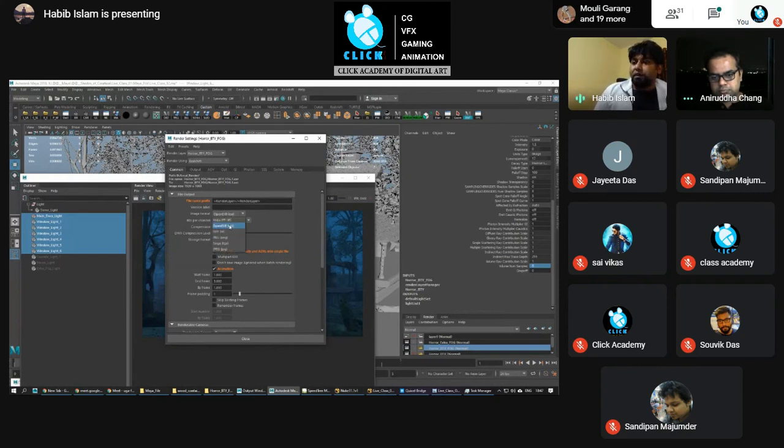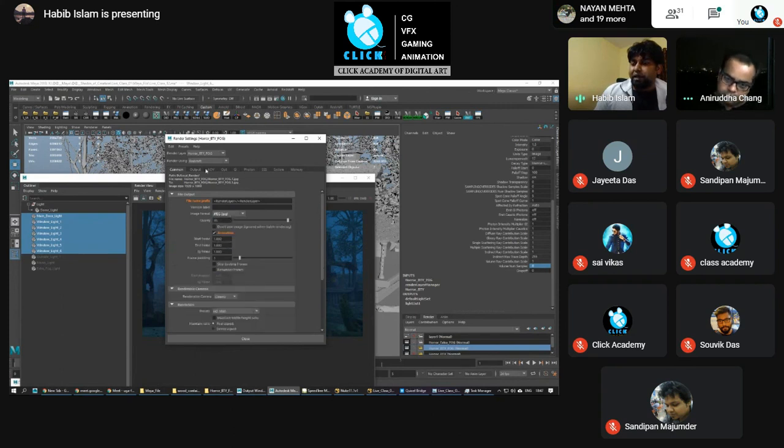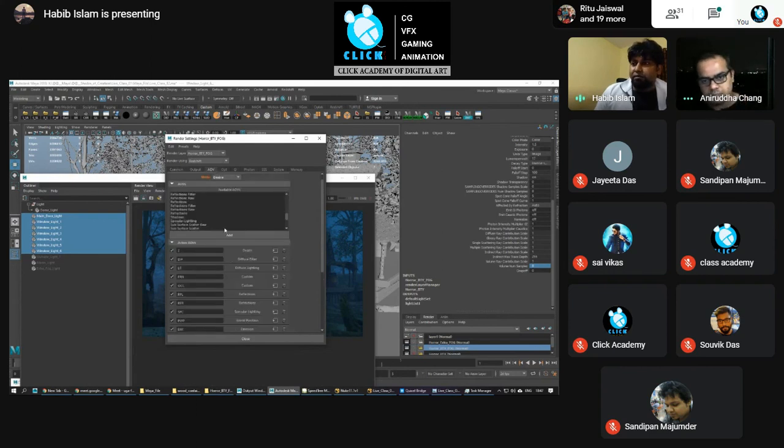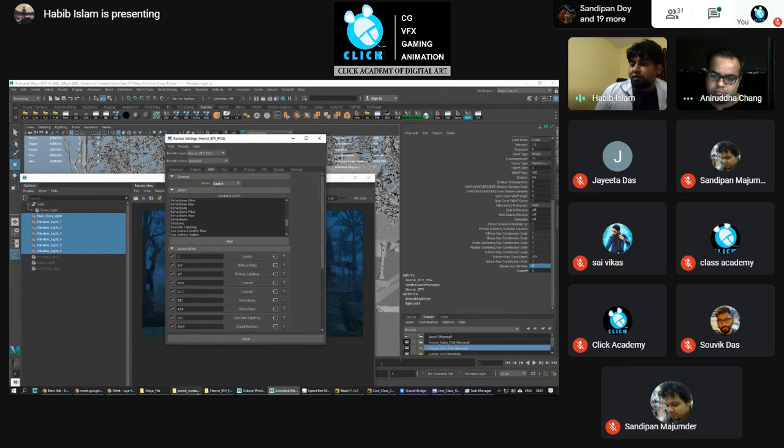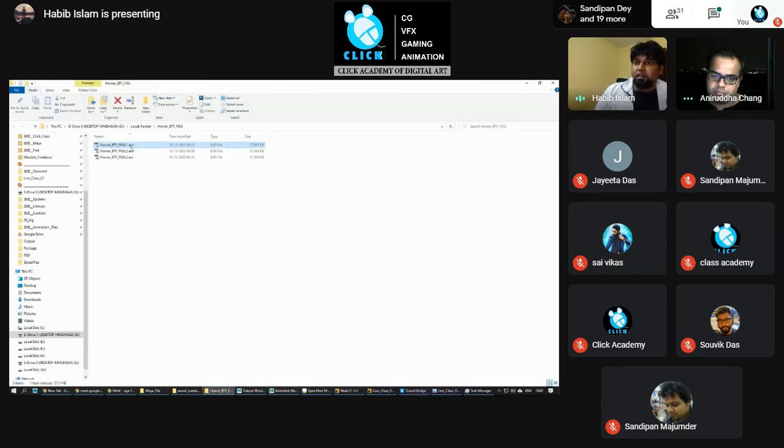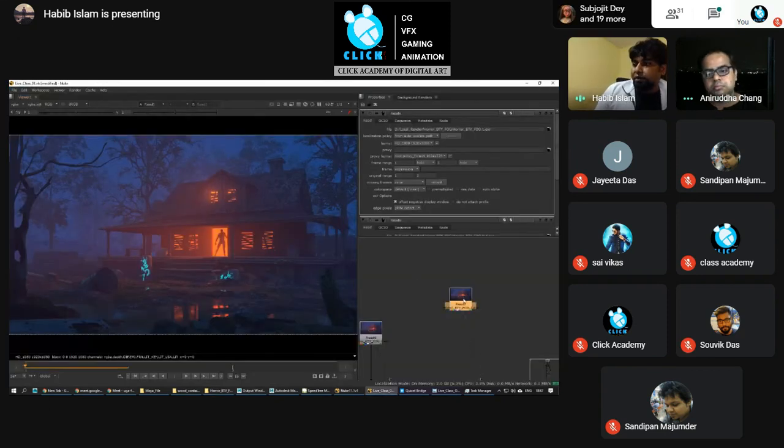So if you render in JPEG, you won't get the passes. Okay, in one, obviously you'll get the passes, but those will be separate images for each and every pass. But here, in EXR format, I'm getting all the passes inside of this one EXR, so that I can open that EXR in Nuke and check all the passes.